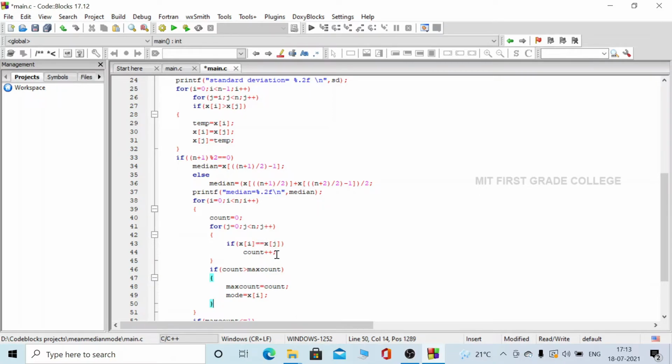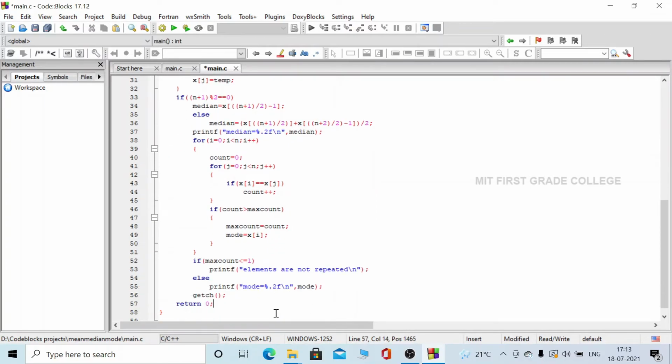So whichever value is repeated the most, its count is incremented, and then it checks whether count is greater than max count, and then max count is equal to count, and the mode is printed.